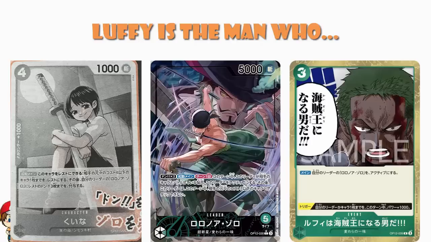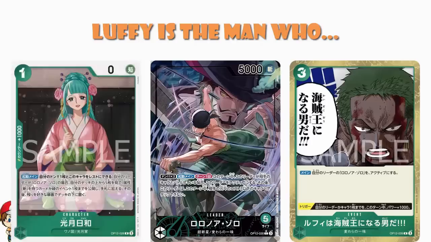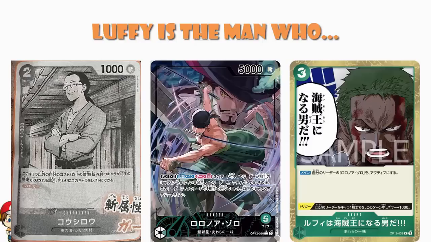Oh, and actually, while we're here, don't forget we've got the Kozuki Hiyori that's got a skill whereby activate main, rest a Don, and then search the top 5 cards of your deck, find a slash attribute character or a green event and add it to your hand. It only works if your leader is Roronoa Zoro, but brilliant. Your leader is Roronoa Zoro. So not only have we got a way to attach the Don using Kuina, we've got Kozuki Hiyori here that can even search out this new event as well. And don't forget the Koshiro, who essentially protects Kuina so that you can have that skill activating so many more times. Seriously, this is just